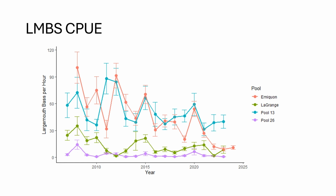In fact, I was looking at this and noticing just how synchronous those two are, which is kind of striking and fascinating when it's really next to Lagrange. So there might be some regional level factor that's going on there. I'm not really sure what that would be, but that just stands out. But the main thing to notice is that the bass at Emiquon are similar to the abundance of largemouth bass in Pool 13, which is considered a nice quality largemouth bass fishery and are much better than the nearby Lagrange Pool backwaters, or even the Alton, the section of the Mississippi River just above Alton